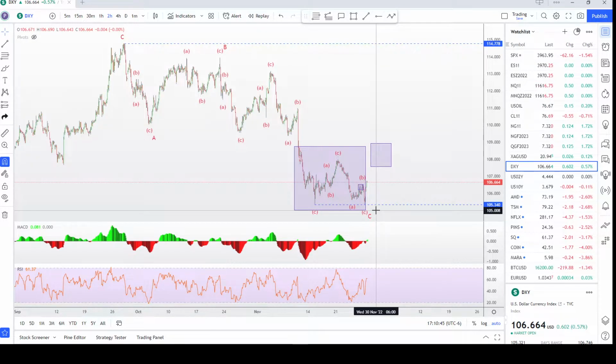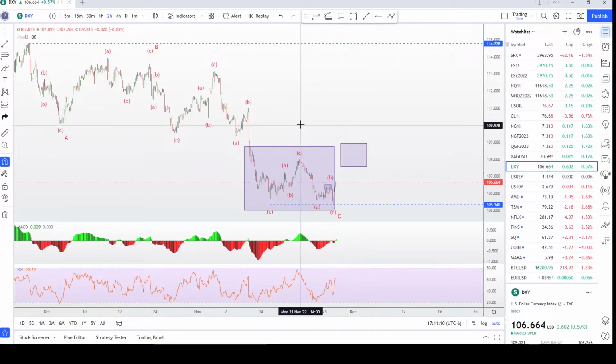So that could be the turning point now for the dollar. That could be all the correction, or this could be turning into a really complex correction. This A, B, C could become a W, and we're going to go up for 3 waves and maybe come into this zone. That'd be an X, and then we'll come back down and break the low for Y. So we've got to watch and see.